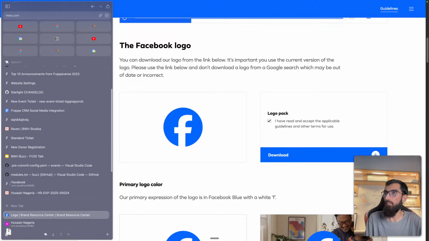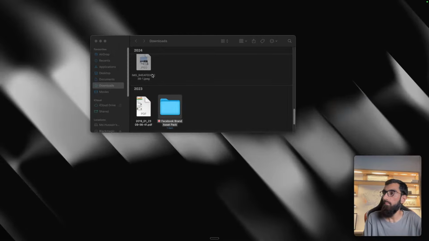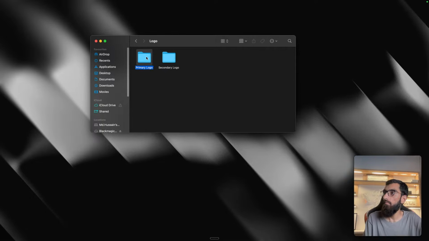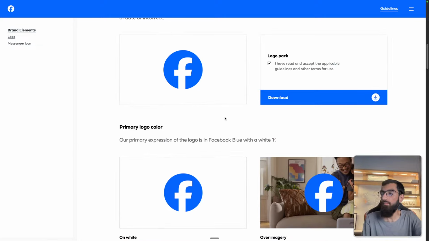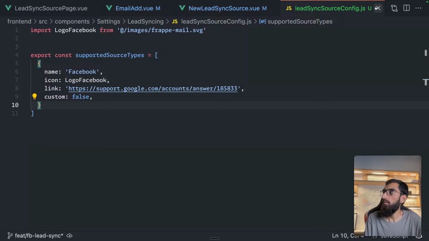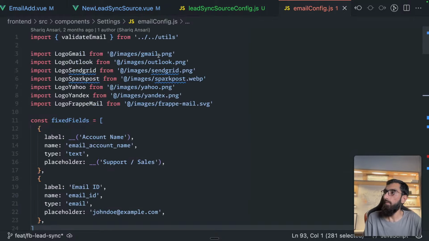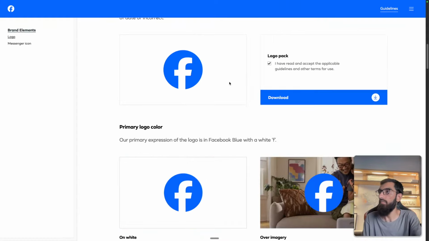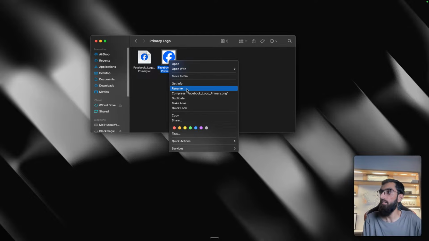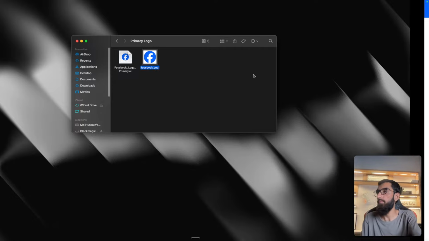PNG. Do I want a PNG? How are the other logos working? Let me just check that for email config. PNG is also working, so that should be fine. So let's grab that PNG, rename it to Facebook. Yep, and then